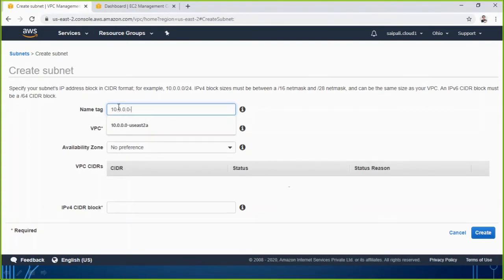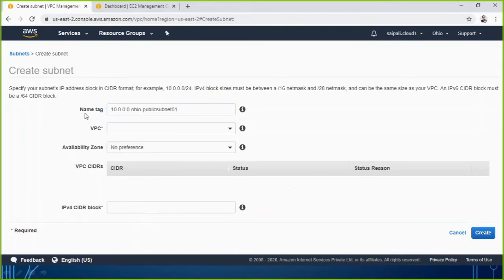Keep in your mind, whenever you are making a VPC or a subnet, we are working in a specific region. Right now we are in the Ohio region. So I can give the name here, maybe something like Ohio, and then any other term which helps me understand it easily. Maybe this subnet I am making for public, so I am giving the name public subnet 01. This is the name I have used.